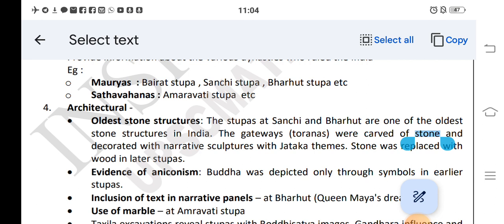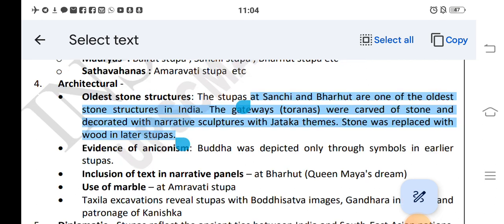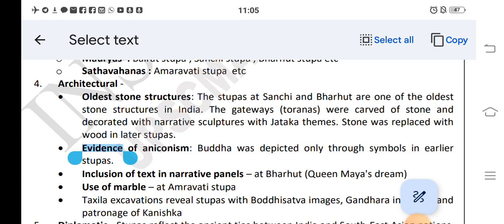The stupas at Sanchi and Bharhut are among the oldest stone sculptures in India, and the gateway torans where the curve of the stone and